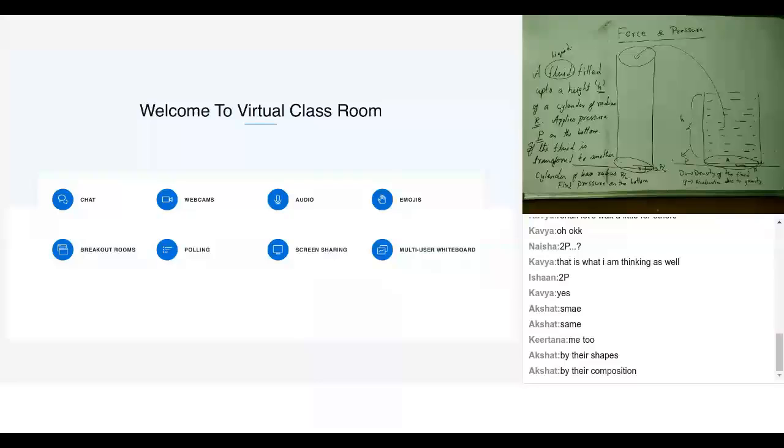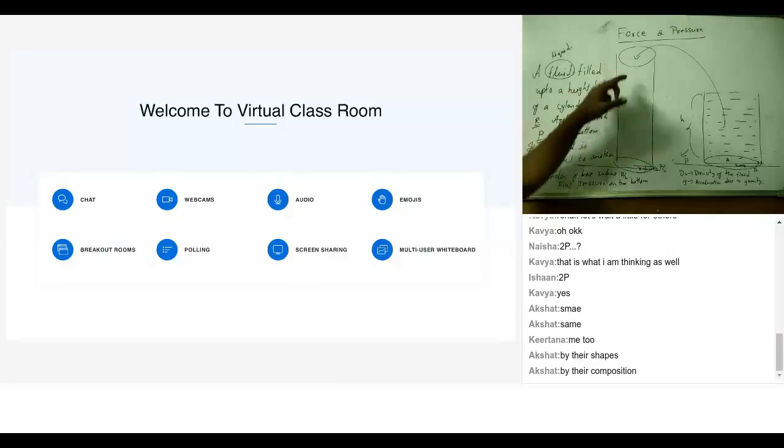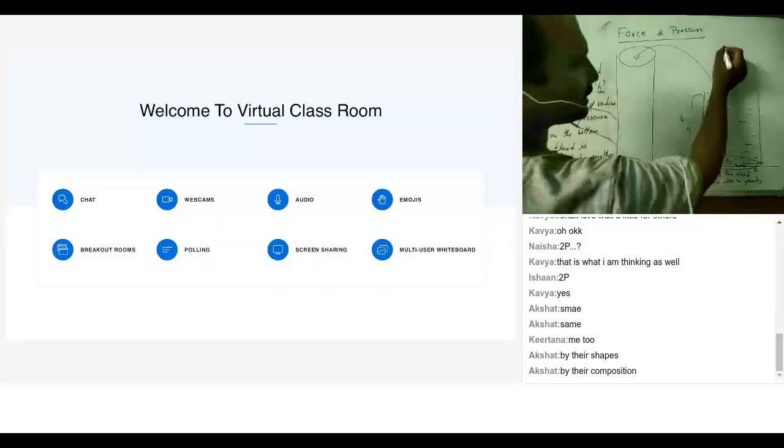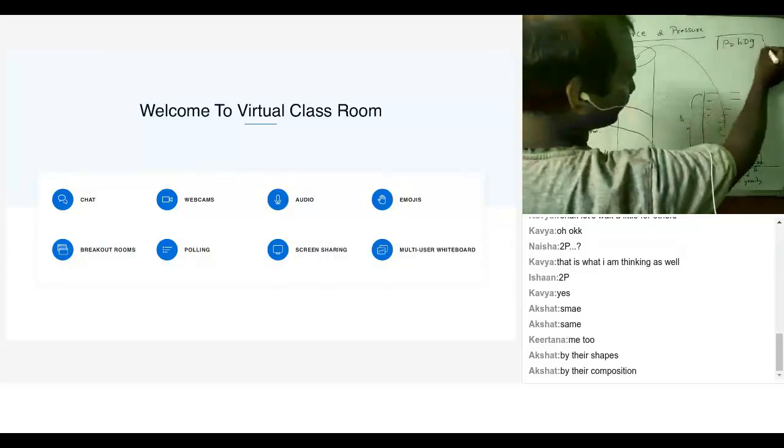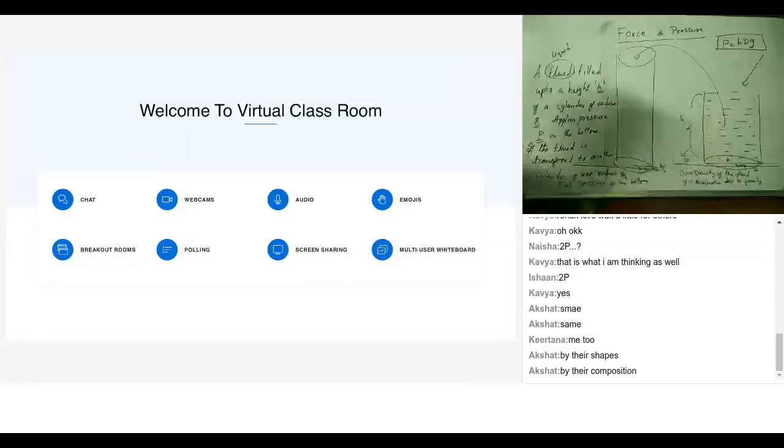So here we are talking about liquid. So if it is liquid, I keep it in this tumbler or this tumbler. The volume of the liquid is going to be same. Only the shape of the liquid would change. So what I need to find? I need to find how high would the liquid be in this column, right? So here I can say P equal to HDG. This is the first case here.